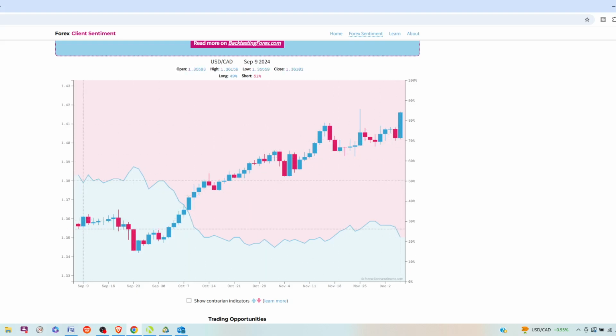Now, there's a couple of ways you can do this. One way, which I think is risky, is that when you see a chart like this, whenever price goes from the blue area into the red area, where now it's crossing into where the retail traders are net short, then you start buying the market. And if the opposite was true, let's say price was coming down and it crosses from a red area into a blue area, then you start selling the market. I don't necessarily think that's a great idea because, again, it could just be a corrective move.